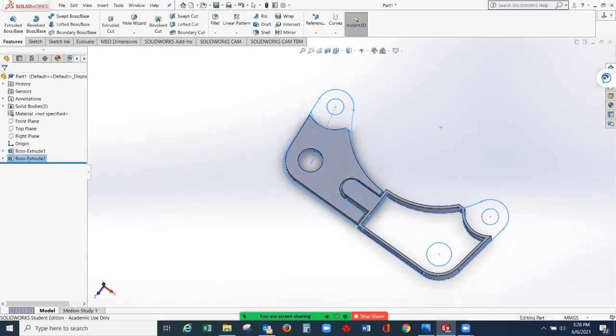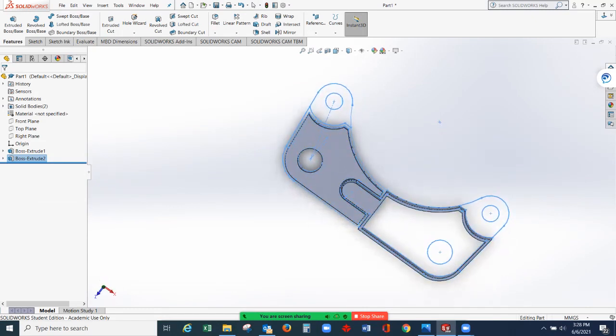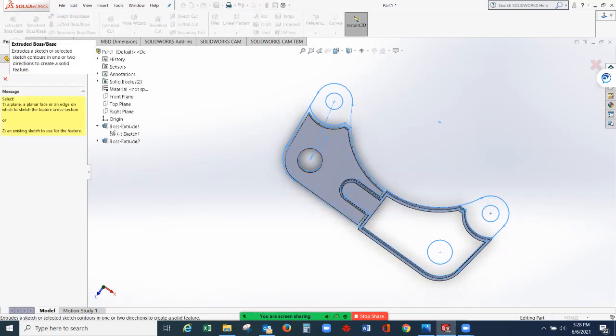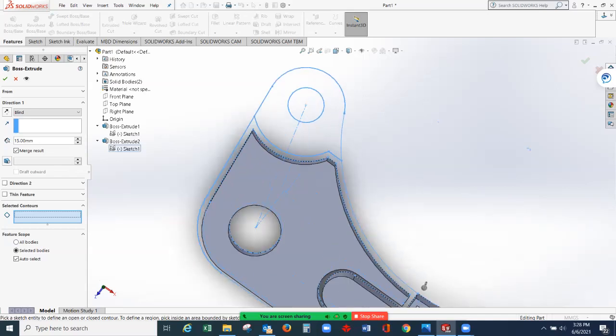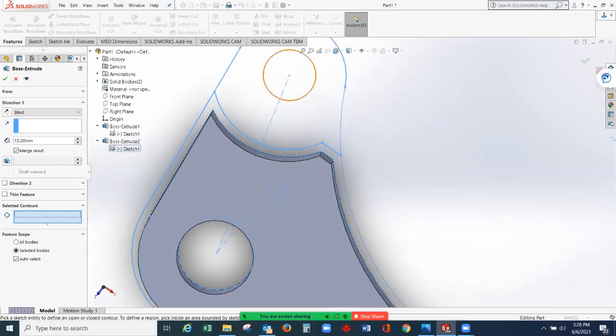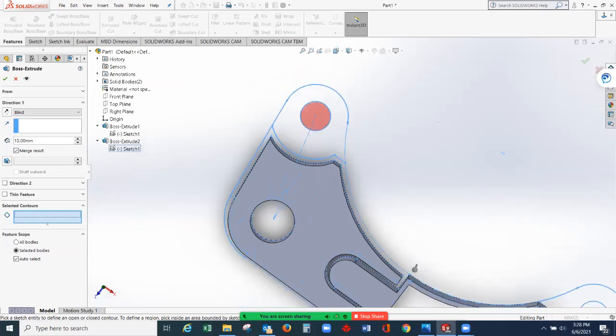And let's check the other part here, why we cannot. Okay, again, extrude boss. Sketch. Selected contours. If there is a problem here, it means there is an open line here. This is not connected here.